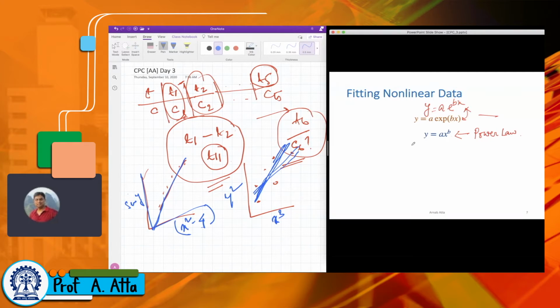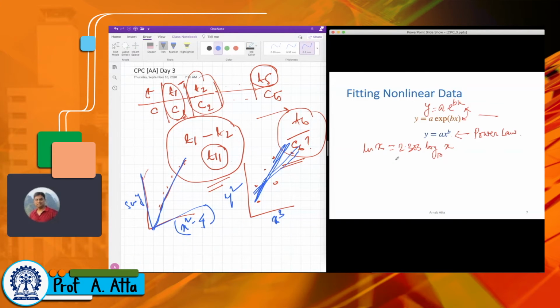Can someone quickly tell me what is the relation between natural log and common log? How do you convert a value of natural log to common log? Right. So if I say this is the natural log, ln x, it is basically 2.303 log x, which is base 10, or the common log, or just simple log we say.